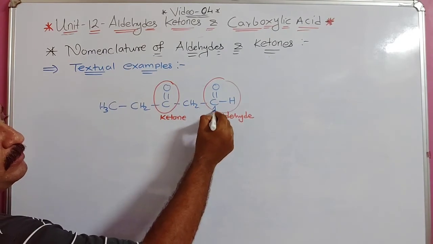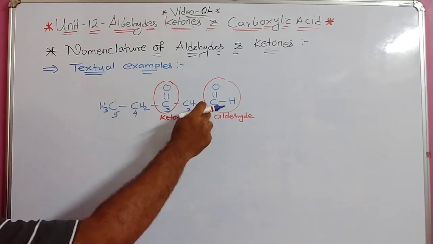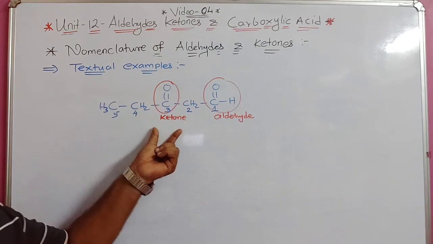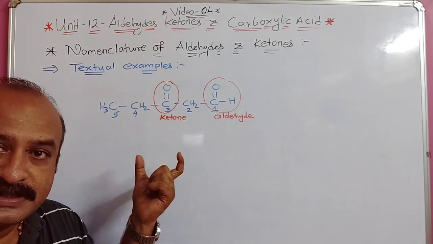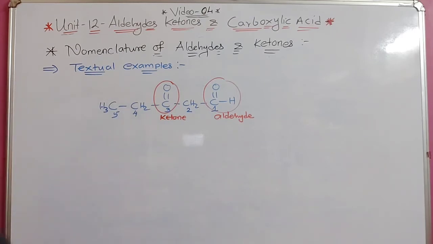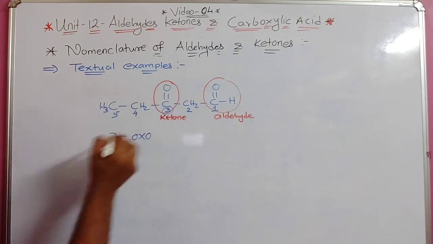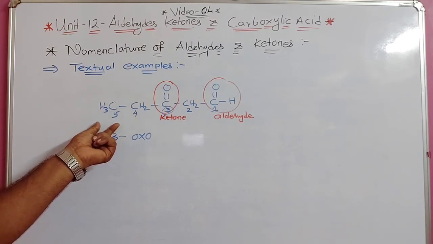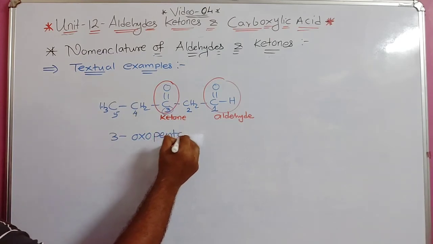in a parent chain. So it will be 1, 2, 3, 4 and 5. So this is the principal functional group, and this we will take as a substituent. Whenever a ketone is in the center of the IUPAC name, the word oxo is used. What is used? Oxo means the name will be at third position. You can see 3-oxo. Understood? Like this. Now how many carbons are there in total? 5 carbons are there. So the name is 3-oxopentane.